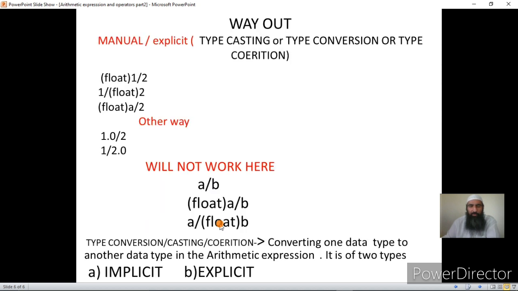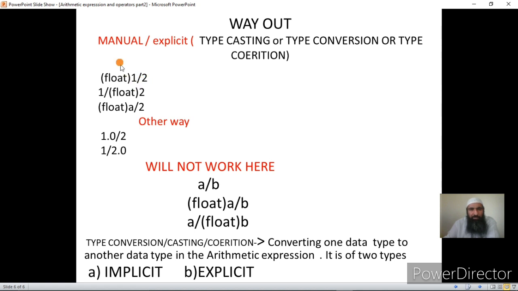Okay. Now what is a way out? The way out is that we will have to do manual typecasting. What is manual typecasting? Whenever I do 1 divided by 2, I know what the C compiler will do: integer by integer, and my fractional part is gone. What I have to do as a programmer, wherever I feel that I'm losing values, is this: if I want to convert this 1 into the float data type, I write before the operand, within parentheses, the data type float. I am asking the C compiler to convert this 1 into float, and once it is converted, it will be float by integer.